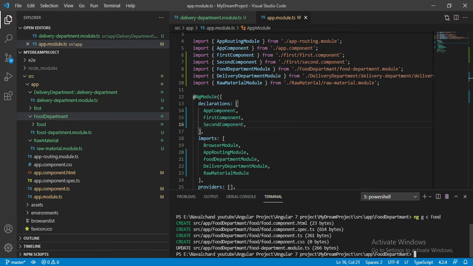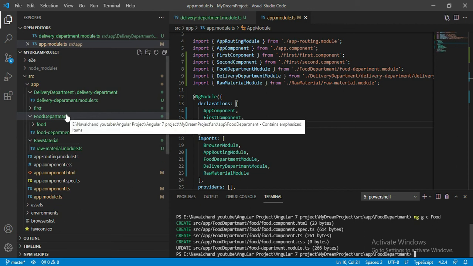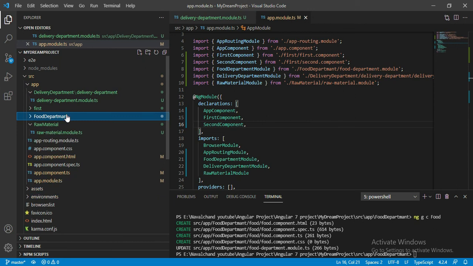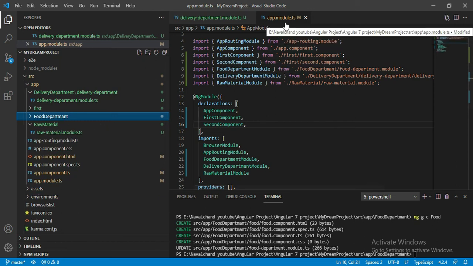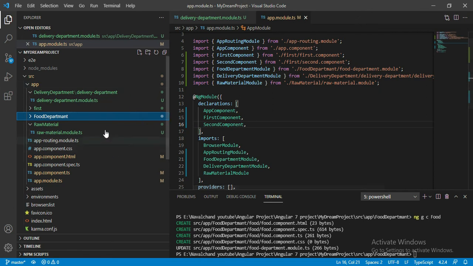That component is updated inside the food-department.model.ts. That means this component becomes a part of this model, and this model becomes a part of app.model.ts. That way we can organize our code and improve the readability.